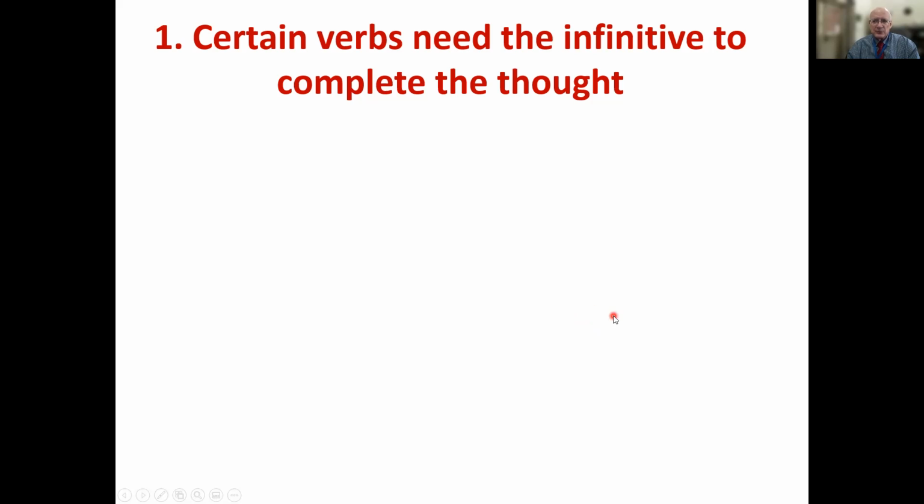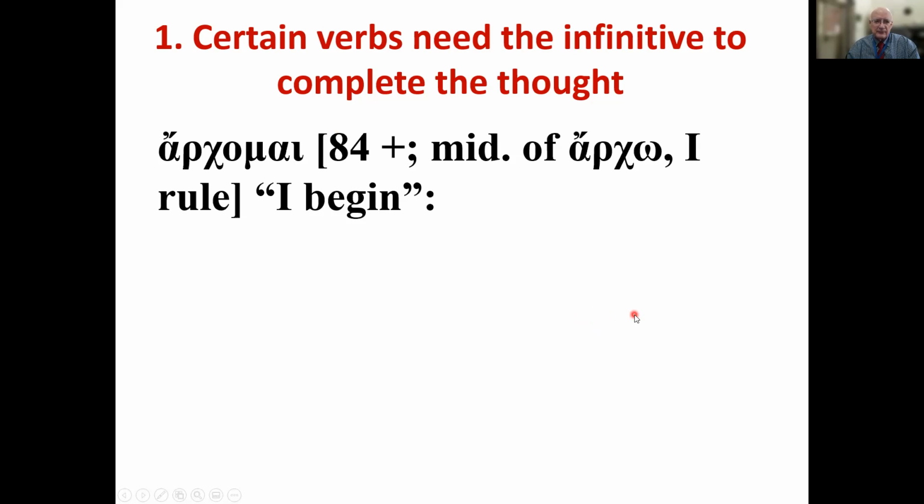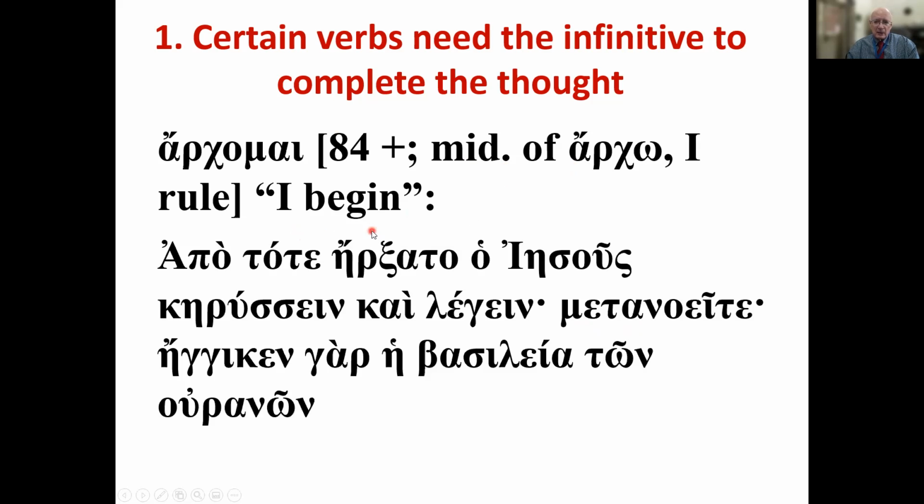First of all, certain verbs need the infinitive to complete the thought. This is actually coming directly from the textbook. So read the textbook, what he says there about the infinitive. 3 of these are already there in the textbook. Archomai, the middle voice of archo, I rule, means I begin. But archomai is one of those verbs that needs an infinitive with it. I begin what? I begin to,